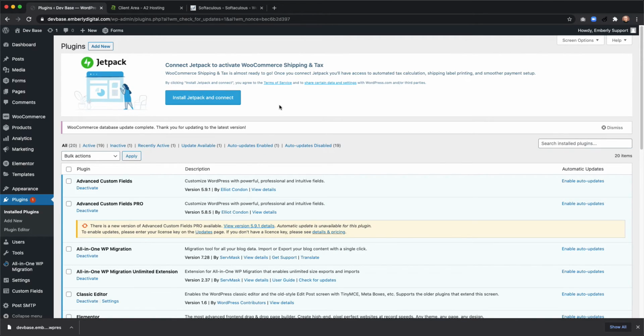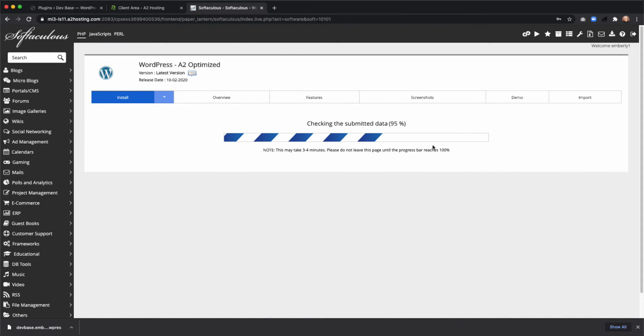And the reason for that is they don't want to have any compatibility issues, so they just require that both of those be updated. So in just a second, this is going to load. And what we're going to do is make sure that we get rid of all the default plugins that the